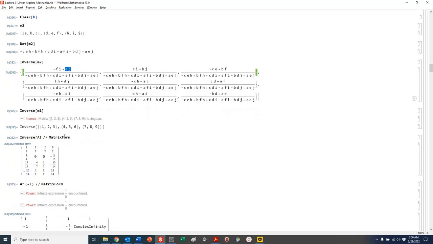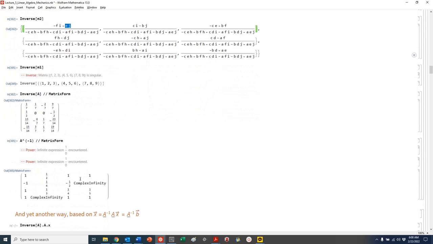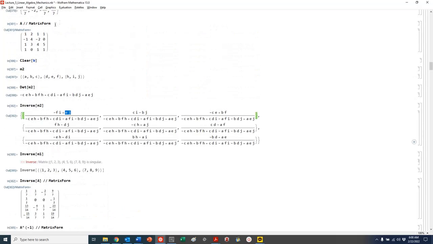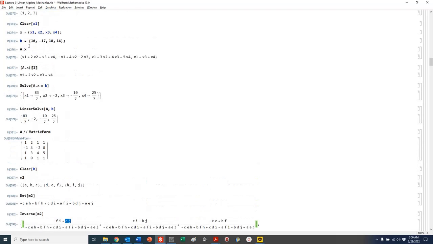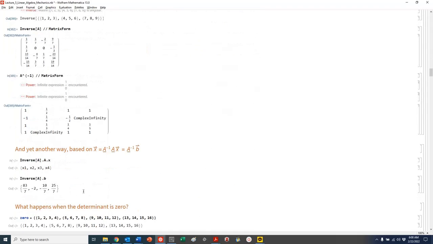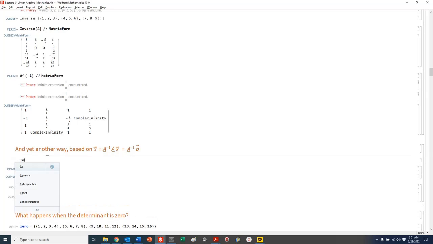But anyways, those are matrix operations. Hopefully you've seen those before. I can go ahead and start to solve this function using this type of expression. So I could just multiply out. Inverse A dot A will give me B. Actually, I need to put an A here. Inverse A dot A, X. So I could do here, and you can see I'll get those values. Again, same property, right? So if I do an inverse